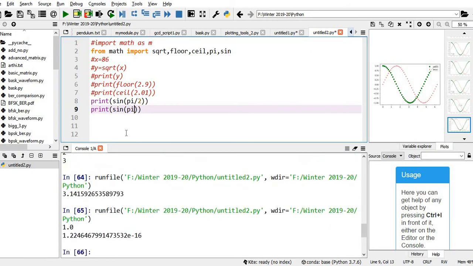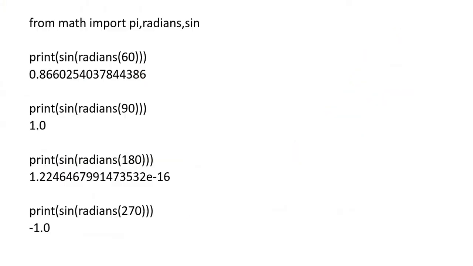Okay, you can see sine pi by 2, it is 1. Sine pi should be 0, but it is not exactly displaying 0, but a very small number, something like 1.22 into 10 power minus 16, which is closer to 0. Sometimes the input may be in terms of degrees.